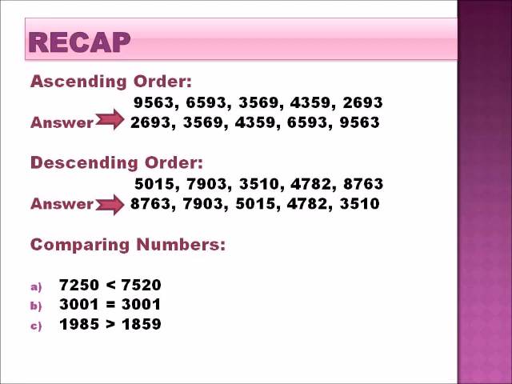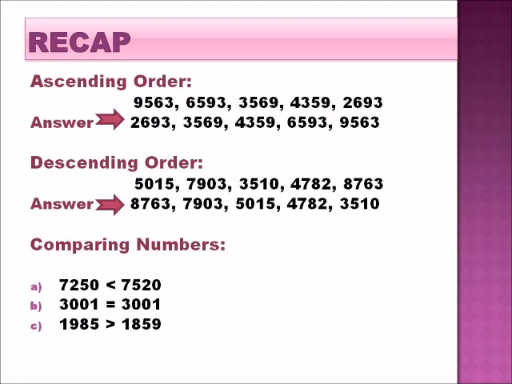In the question, 5 set of numbers is given, that is 5015, 7903, 3510, 4782 and 8763. Here by comparing the digits, all are same, that is 4-digit numbers. Then we compare the thousands place. Since all are different, then we arrange from big to small as